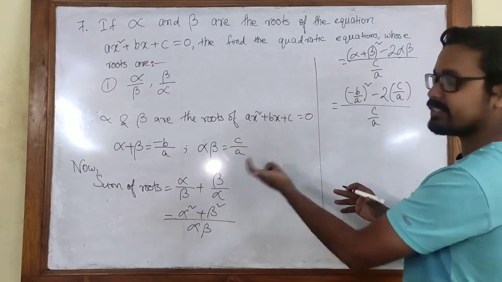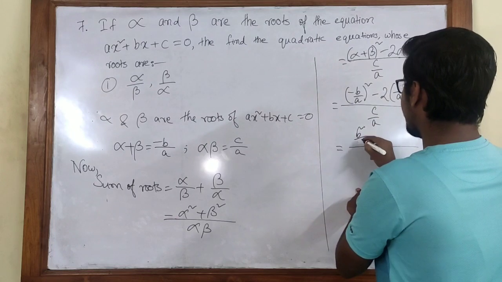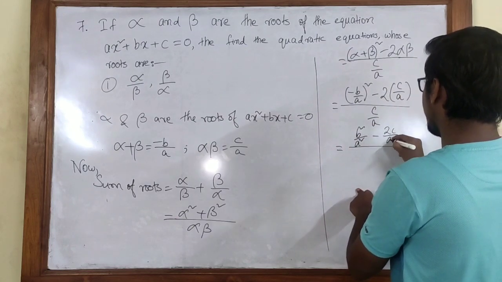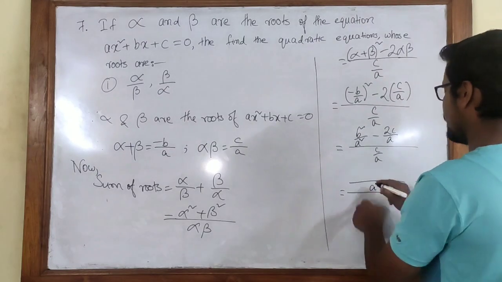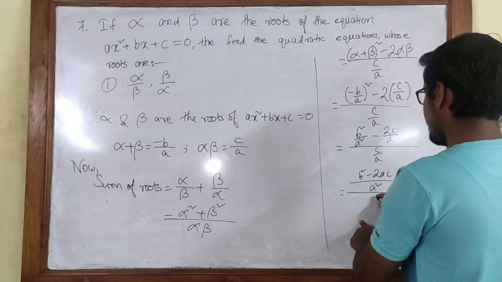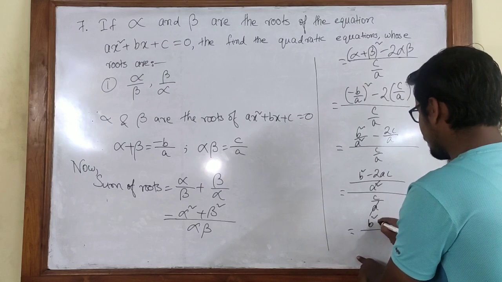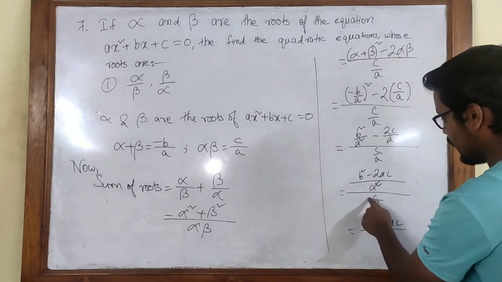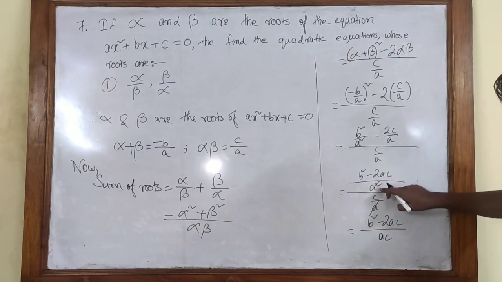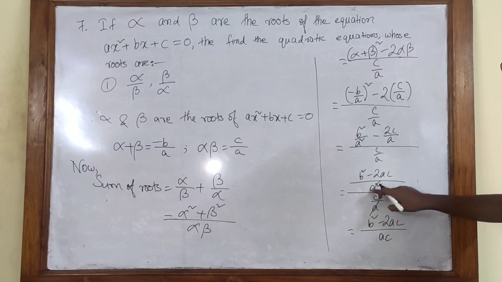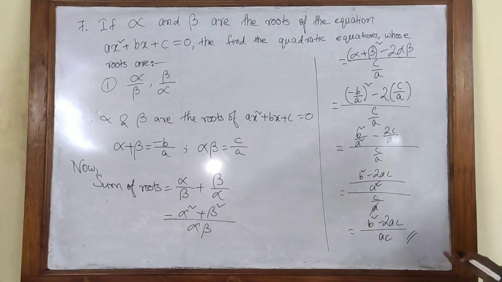Once we simplify, we will get the sum of the roots. It will be b square by a square here, and here twice c by a, and here c by a. So in the numerator, let us take one LCM, which is a square. It will be b square minus twice ac. Here it will be c by a. So a and a square will cancel, so we will have b square minus twice ac over a, and in the denominator it will become a into c, that is ac. I hope it is clear. Here the square and the a have cancelled, a is still there, so a will come down. It will become ac. So this is the sum of the roots: b square minus twice ac by ac.